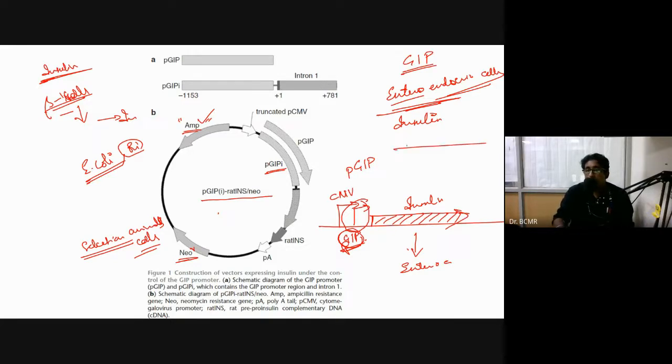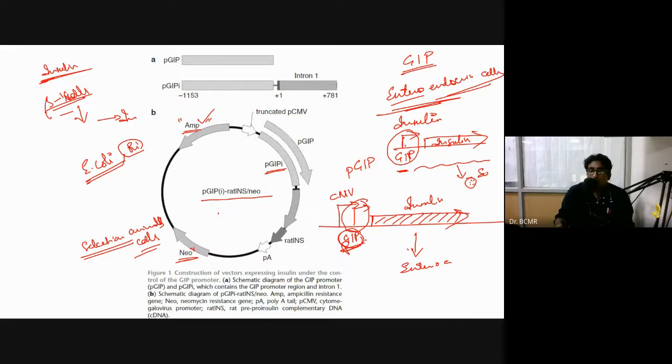So what we can then do is put the GIP promoter, because the GIP promoter is active in enteroendocrine cells, and make a transcriptional fusion. Here we are not putting GIP, but we are putting the insulin gene. Because this promoter is active in enteroendocrine cells, we will have mRNA produced and then the protein produced. There are problems again. The insulin that is produced should actually be